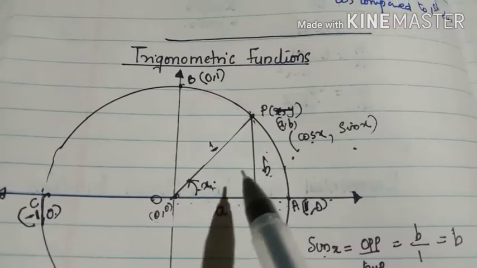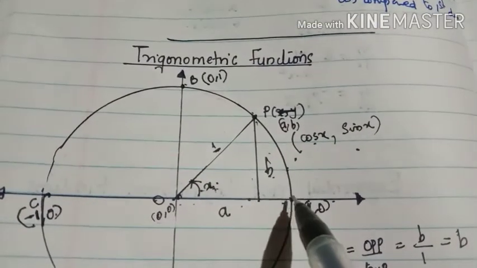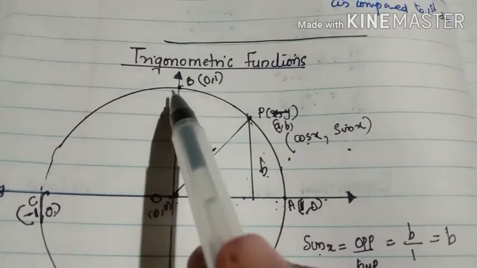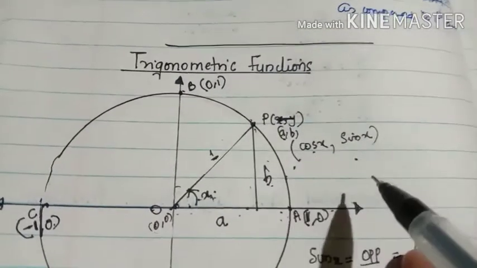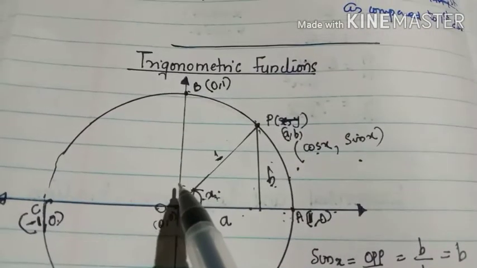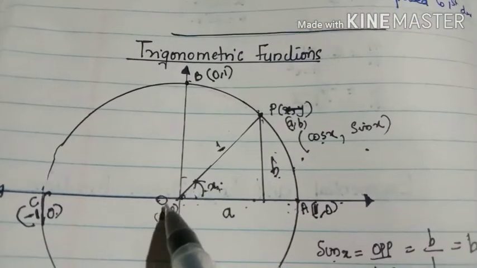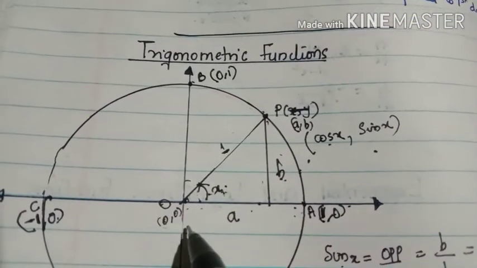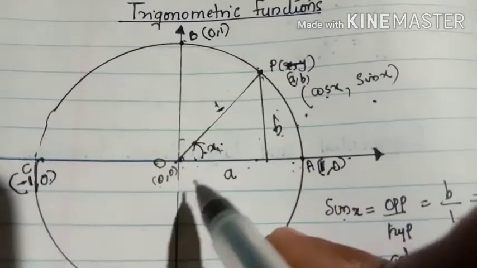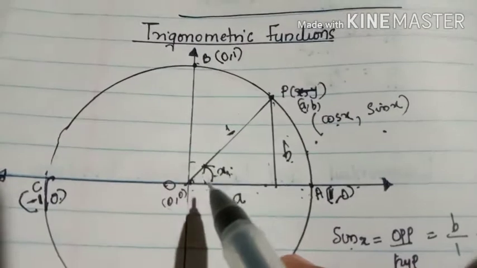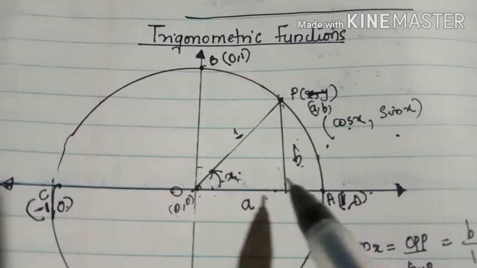Let us take the first quadrant. So here we can measure the angle. What is the angle measurement here? 90. So in radian measure it is pi by 2. Now this becomes pi by 2. This quadrant also pi by 2 and this quadrant also pi by 2. So all these quadrants are what? Angle of pi by 2.